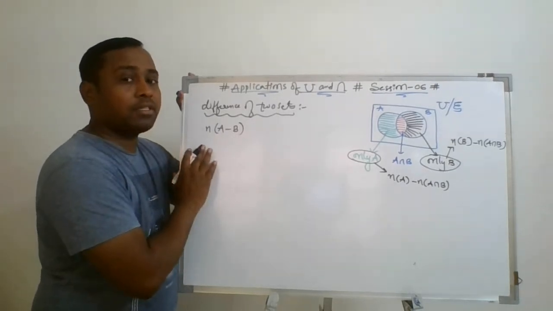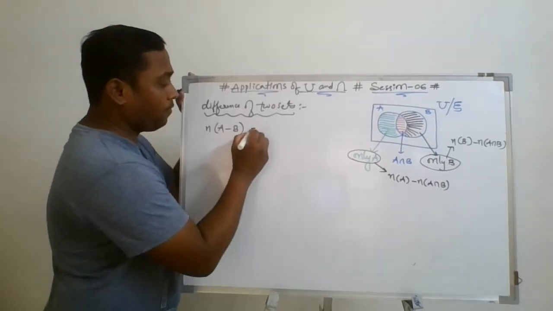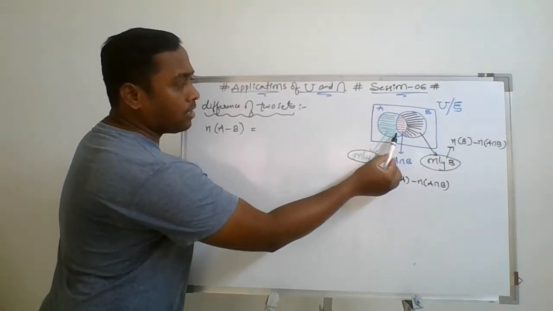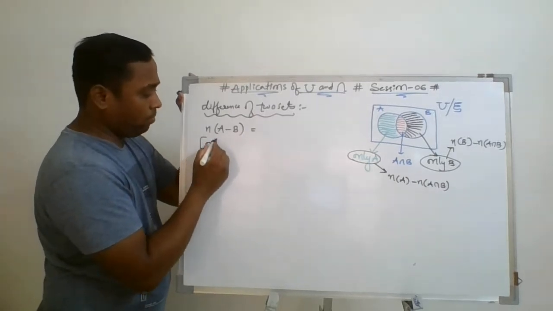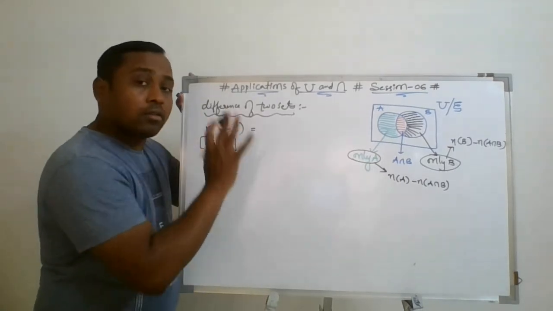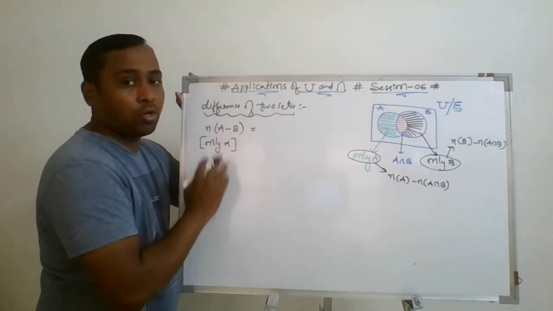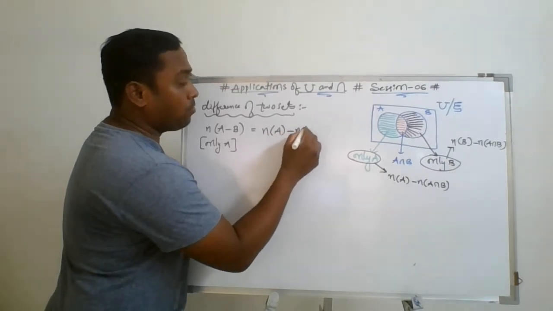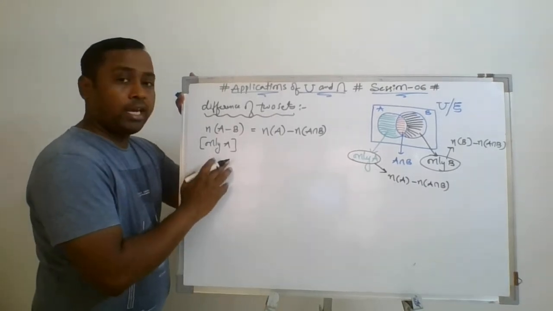सेट ए का एलिमेंट में से सेट बी का एलिमेंट्स को रिमूव करना है. So how can you remove it? From the Venn diagram, you can simply understand how to get A minus B, which means only A. In wording form, it is only A. Only A means the set has elements which belong to A but not to B. That is, from set A we have to remove the common area, A intersection B. That is what only A is.